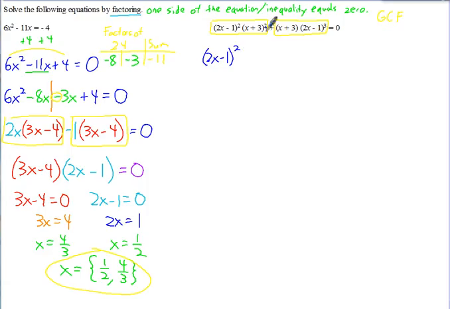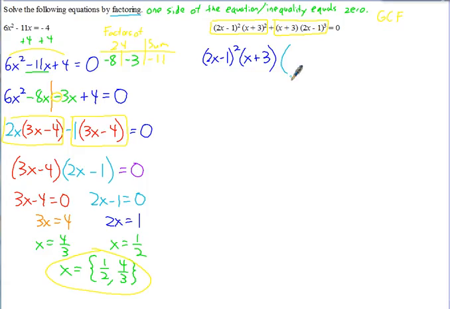Well, yes, this has x plus 3 squared, and this has x plus 3. Again, the lowest exponent here is 1, though. So you just factor out x plus 3 out of both terms. So that's our GCF. Then after you take out the GCF, you put an open parenthesis and put down what's